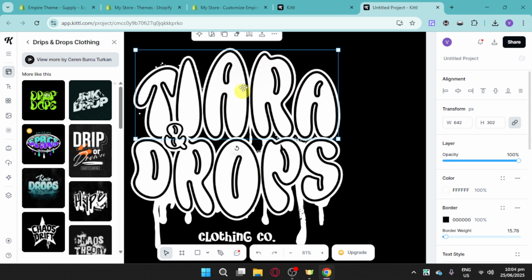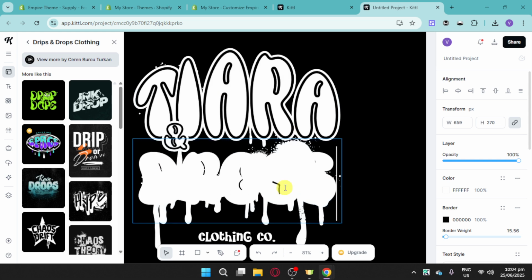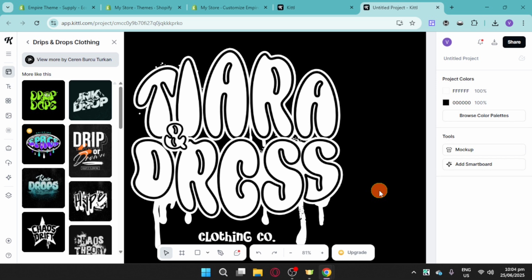Now it will be redirected or reformatted into this particular font, and then input right here the second part. Let's input right here dress, and it will show up just like this. Really good based on my opinion. Now you can also click on the actual artboard and click on to the project colors in order to change